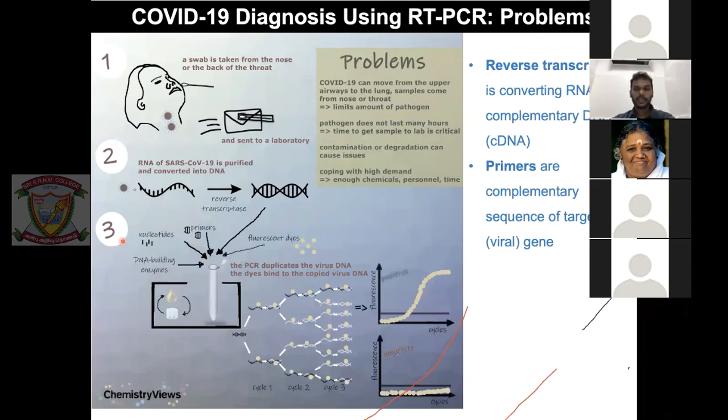To summarize RT-PCR, you take a nasal swab and extract the RNA and do the reverse transcription, get the DNA, and add your primer, nucleotides, DNA polymerase enzyme and fluorescent dye, and then run the RT-PCR in the machine. You'll make multiple copies, and you can measure the fluorescence using the fluorophore. Positive samples will have very high fluorescence, negative will have no fluorescence. That's all. So this is about COVID-19 detection using PCR.